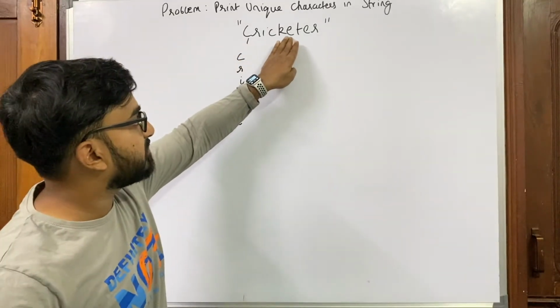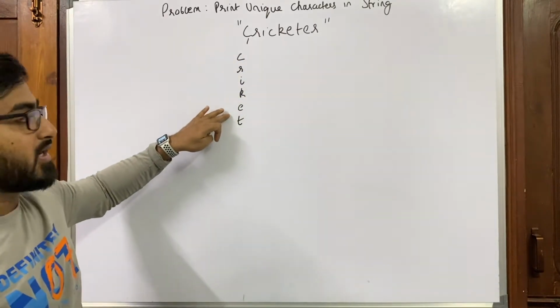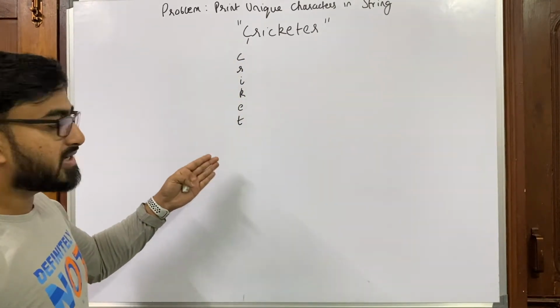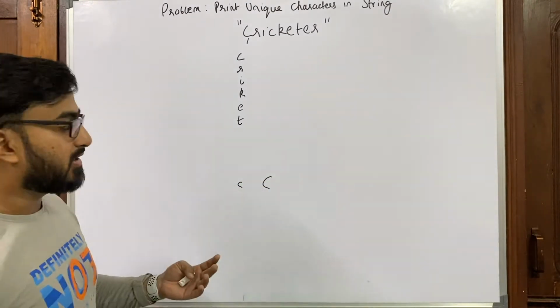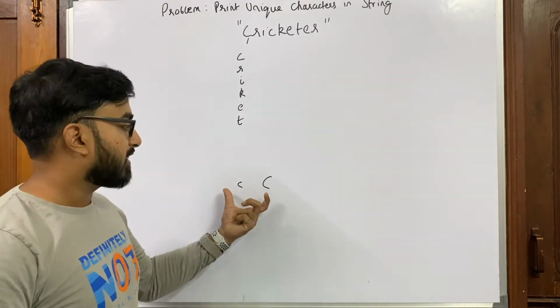So print unique characters from the string, and we print each character on a separate line. And in our case, comparisons are case sensitive. That is, lowercase c and uppercase C are treated separately. And the method we are going to follow is going to take care of this as well.